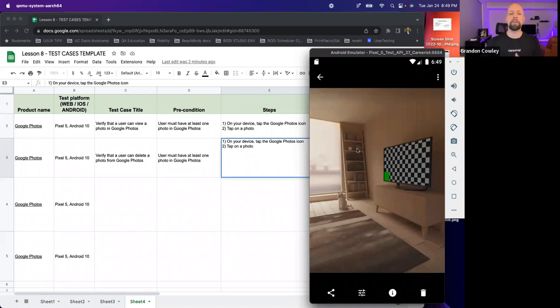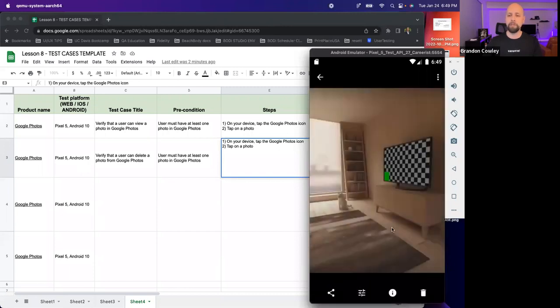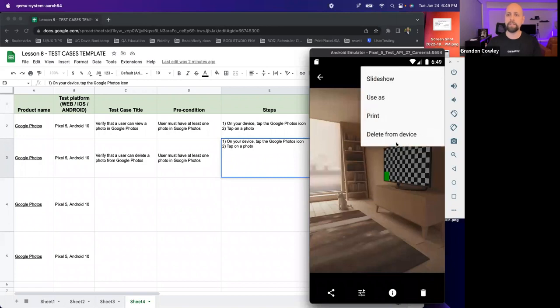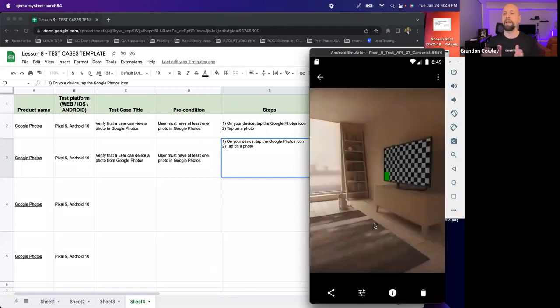But if I wanted to say, delete a photo, tapping on this, move to trash, it will be removed from all folders. If I do this and say delete from device, item will be permanently deleted, right? So these are two different paths. And Olga, they are even more than two different steps. They are two different avenues to take. These are two different actions, truly.